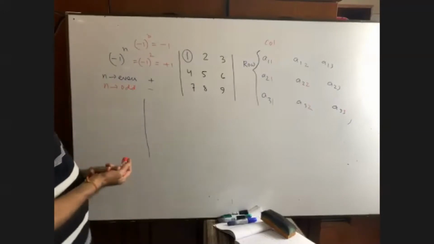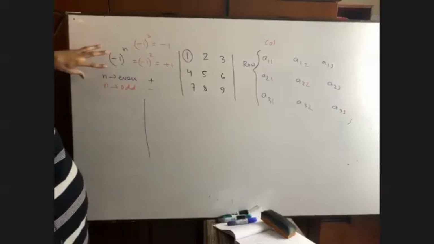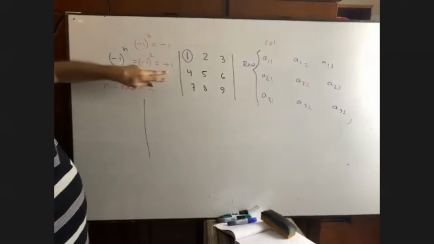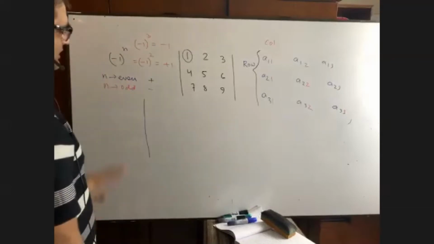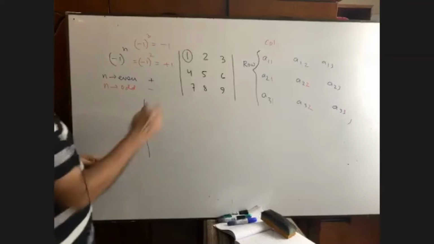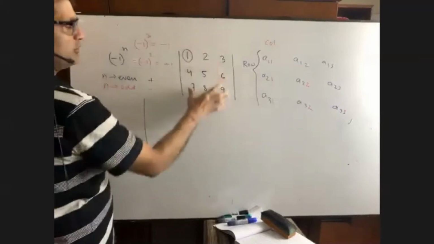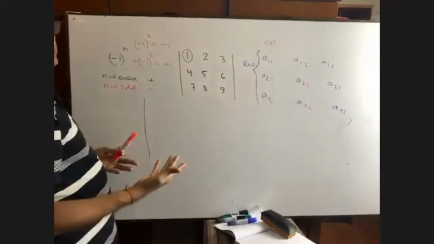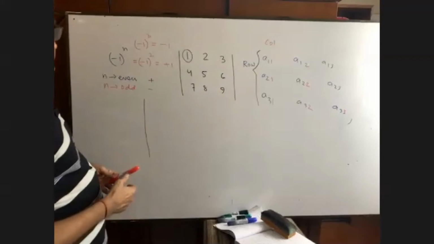So actually we are getting what? To express any number, it is the format -1 whole to the power n. If n is even, then it is positive. If n is odd, then it is negative. Okay, that's good. Now you see one thing. Here it is 1, but I am not going for the numerical value. I am going for writing here the sign, positive or negative.